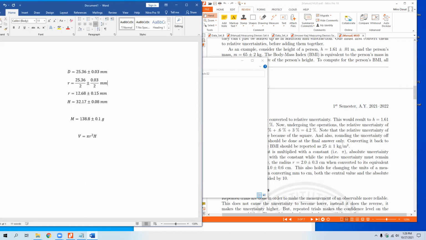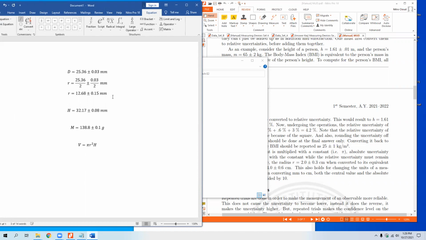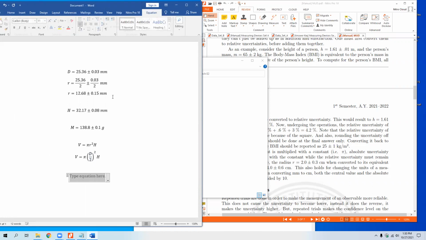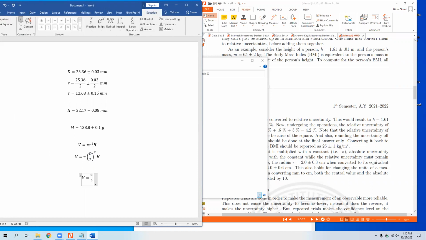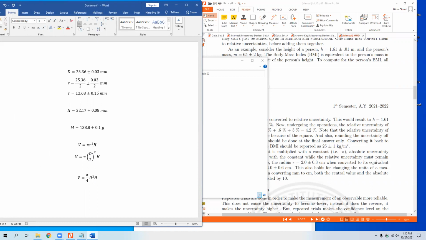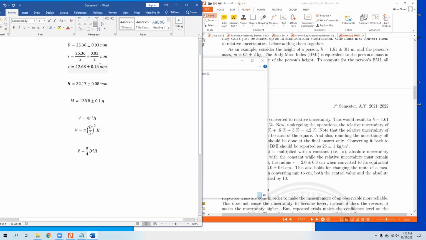If we are not sure of whether to use the radius or diameter, we can actually rewrite the volume formula instead in terms of our diameter. So using the relationship between radius and diameter, this is simply pi d over 2 squared times h. Or we can simply divide this as pi over 4 d squared h. So para wala nang magkakalituhan kung dapat bang i-round off na ito or hindi. And in this case, actually, hindi naman kailangan pa. Ito na lang gamitin natin to be safe. So, using this formula and the given,